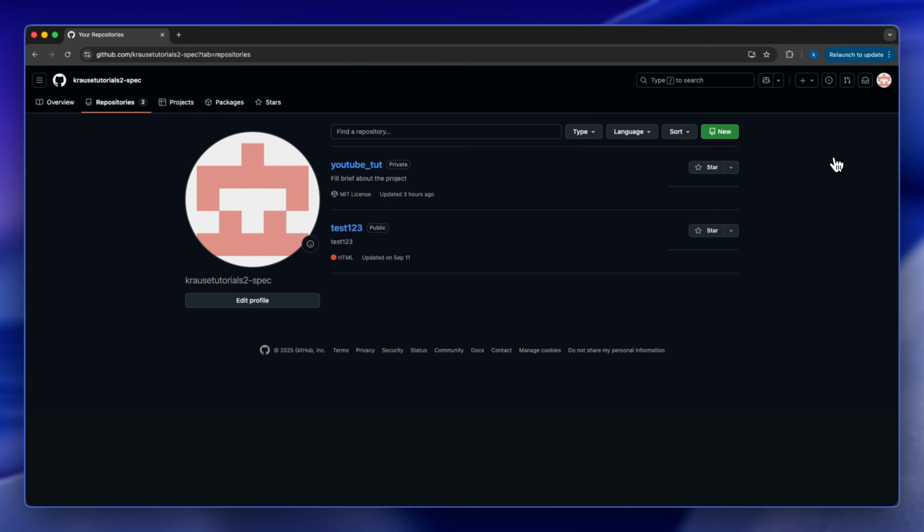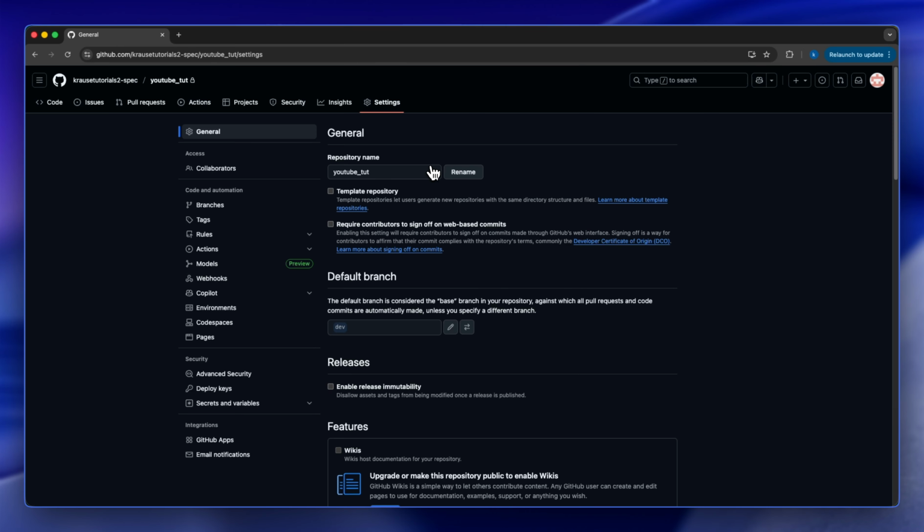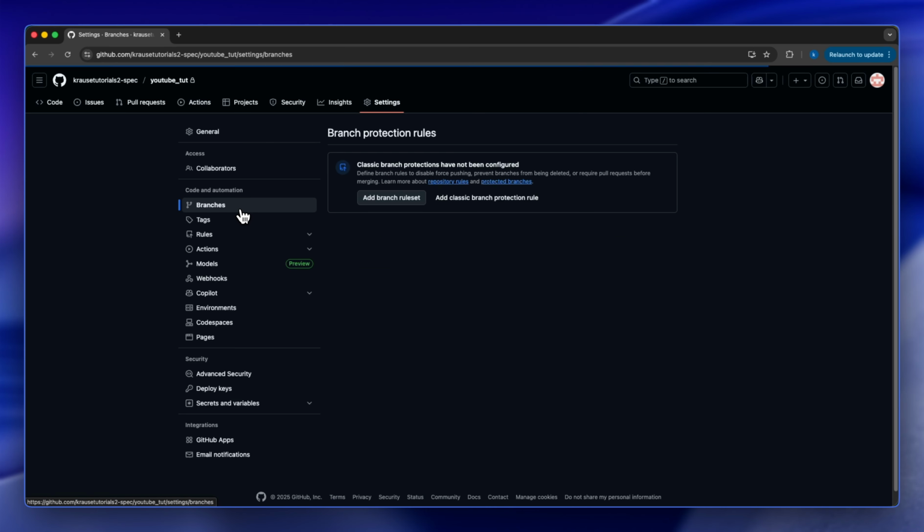Now what we want to do is find a repository for which we want to protect the main branch. So once we click into that repository, we go to settings. Now on the settings, we're going to come to the branches tab. On the left side we see branches. We're going to come to branches, and here we're going to add a rule to protect the main branch. So what we're going to do is add a classic branch protection rule,